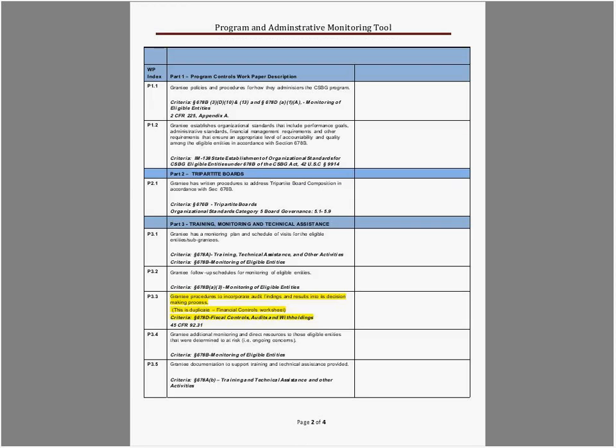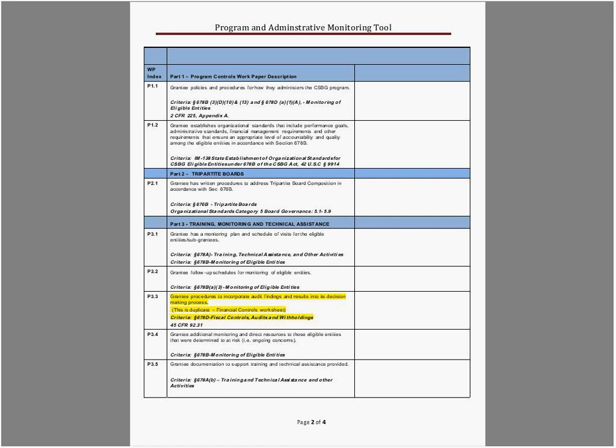Okay. In this section, I'll just briefly describe the Program and Administrative Monitoring Tool, and it's transparent in terms of the different sections on here. So first work paper, controls work paper is for policy and procedures for how grantees or states administer the program.